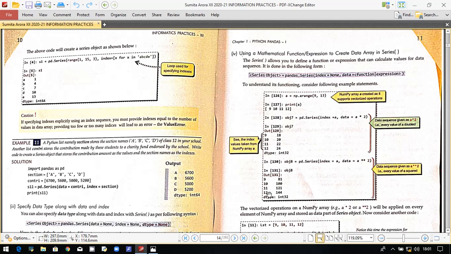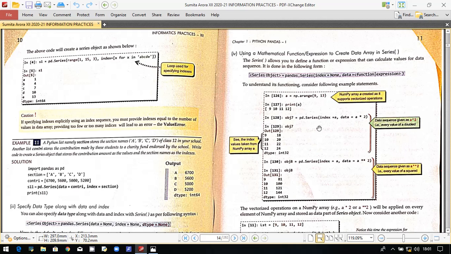Okay, so in this way you can use a mathematical function or expression to create the data array in the Series. If the values you are filling form a mathematical pattern, you can directly use the formula or expression for that function, and that expression will be used to give the values to the Series object.